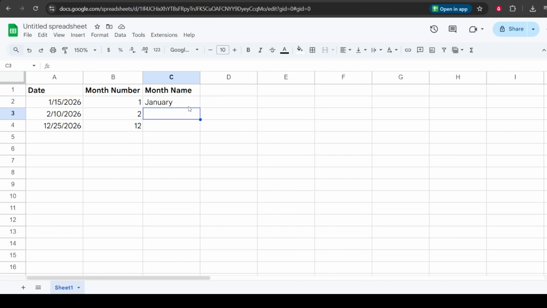If you'd rather see a short version, use 3 M's for Jan, Feb, Mar, and so on. Keep in mind that text returns text, not a number, so it's great for labels and presentation. With numbers or names, you can now organize your dates like a pro. Use month for quick grouping, or text for polished,